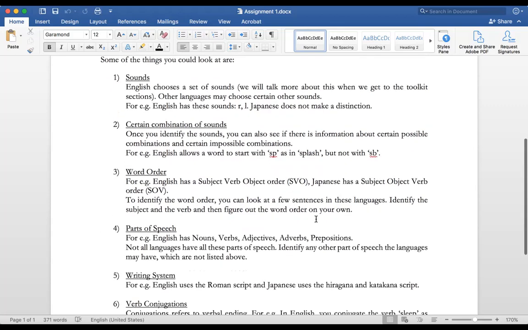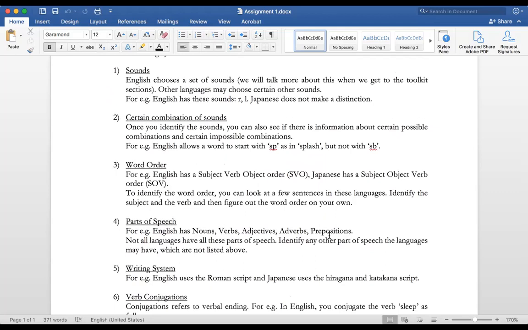And what I want you to do for each of these languages is to identify the sounds, right? So for example, English has the sounds r and l, but Japanese does not make that distinction, for example, right? So tell me what the sound systems are for these languages. And again, you don't have to know too much linguistics to do this. I just want you to look at a source online or a grammar book, and then just let me know, right? Just take it from there. If it's a sound chart or something like that, let me know that this was the source that you got this from, right?